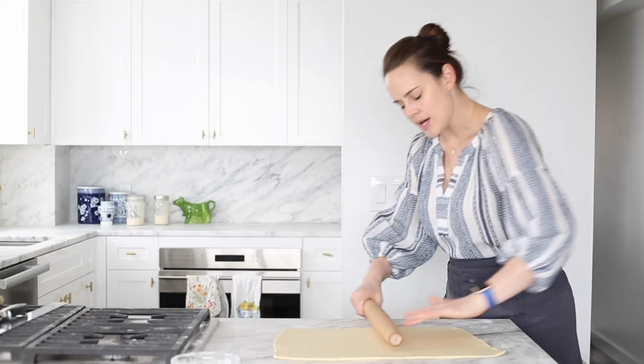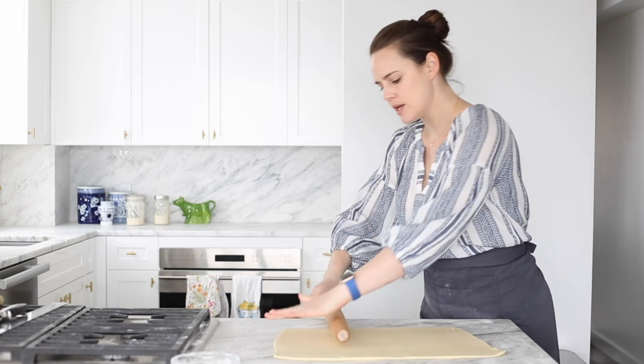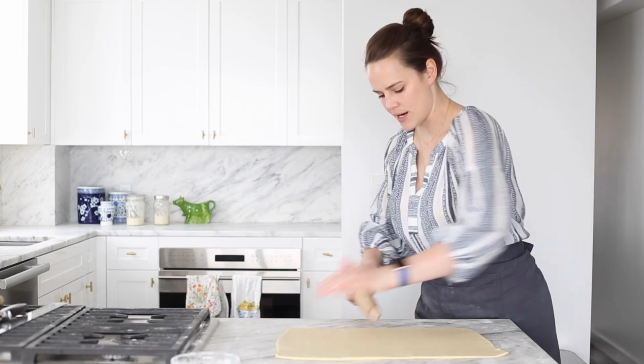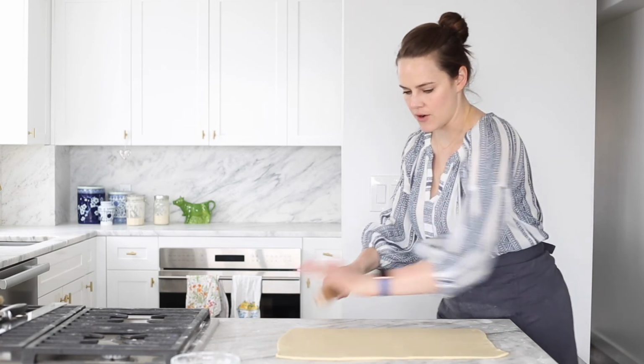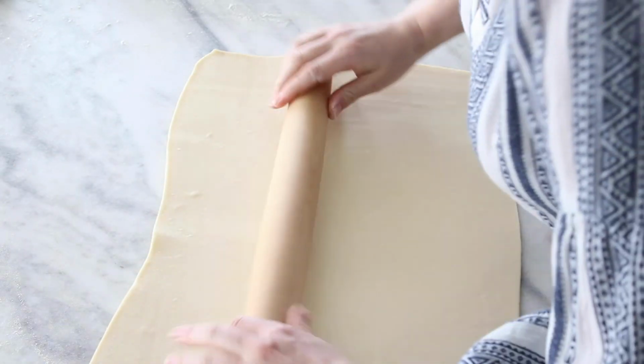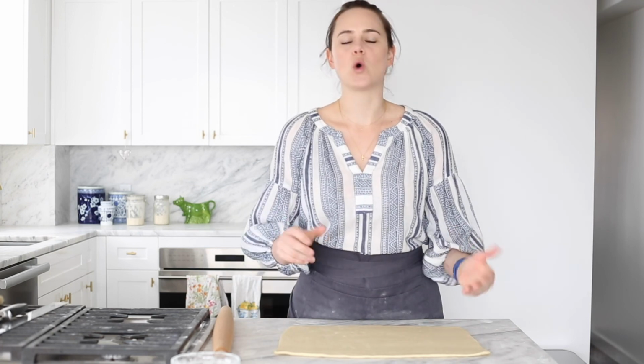So you just wanna identify any thicker areas and roll into those areas. I kind of let this free twirl, if you will, and then I use this hand to provide more guided and direct pressure in one specific area, which is how I get it to be so perfectly rectangular. This is also completely ready to use. Before you do cut it, you want to make sure you chill it again. You want to make sure it's super cold and ready for its final destination, whatever that